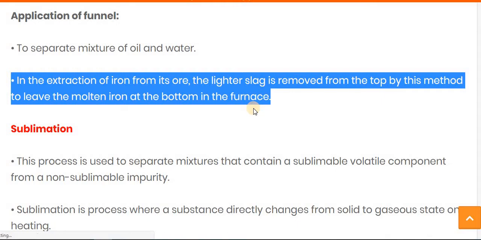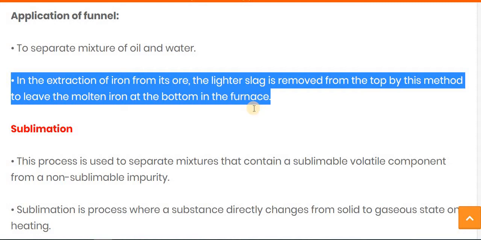The lighter slag is removed from the top because it is light in weight, so it stays up in the furnace, and the molten iron, which is heavy, stays at the bottom. So by using this technique we can separate them.